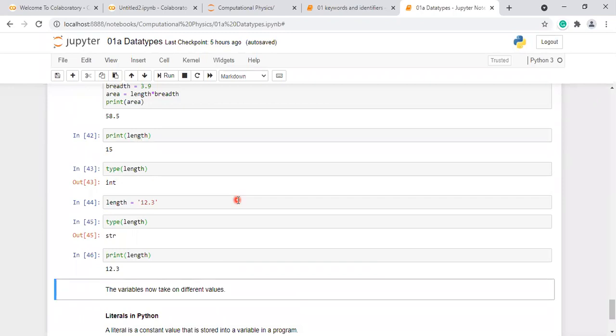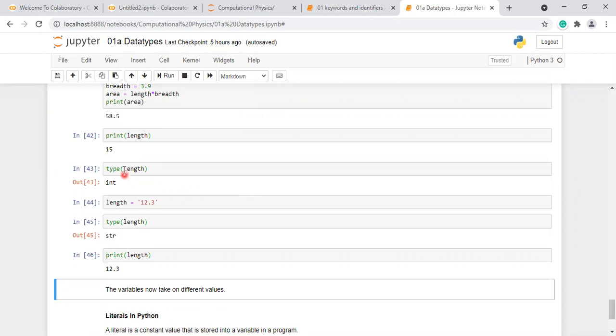The value stored inside it can change. In the C language, the variable's value can change, but the type cannot change once defined as integer or string.